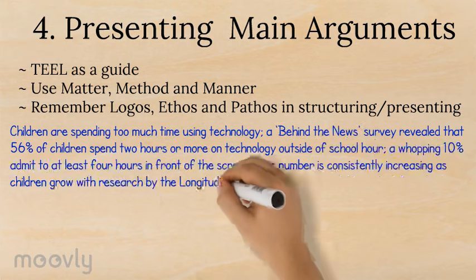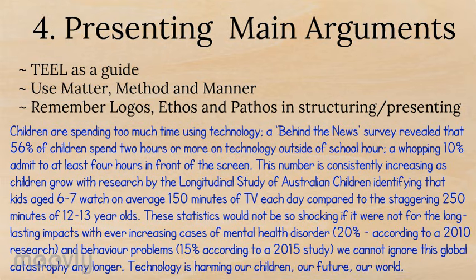So here's an example of only part of a main argument, but just to give you an idea for what it will look like. "Children are spending too much time using technology. A Behind the News survey revealed that 56% of children spend 2 hours or more on technology outside of school hours. A whopping 10% admit to at least 4 hours in front of the screen. This number is consistently increasing as children grow, with research by the Longitudinal Study of Australian Children identifying that kids aged between 6 and 7 watch on average 150 minutes of TV each day, compared to the staggering 250 minutes